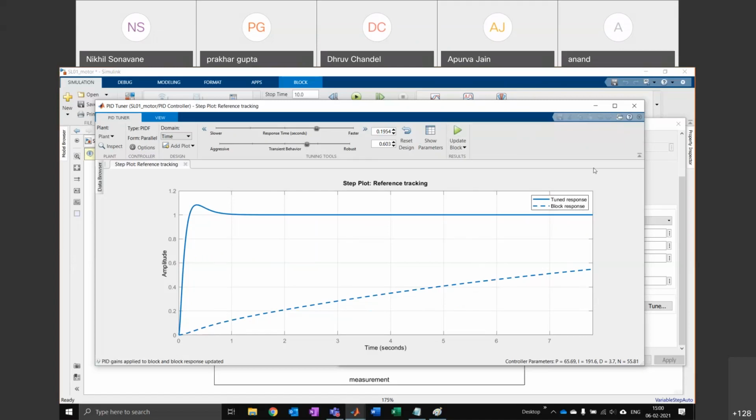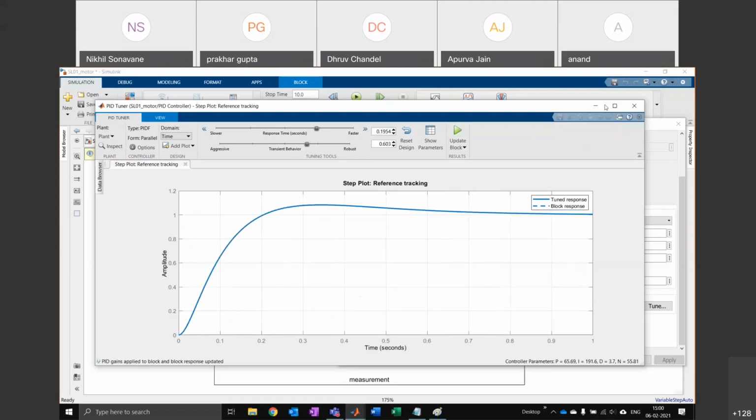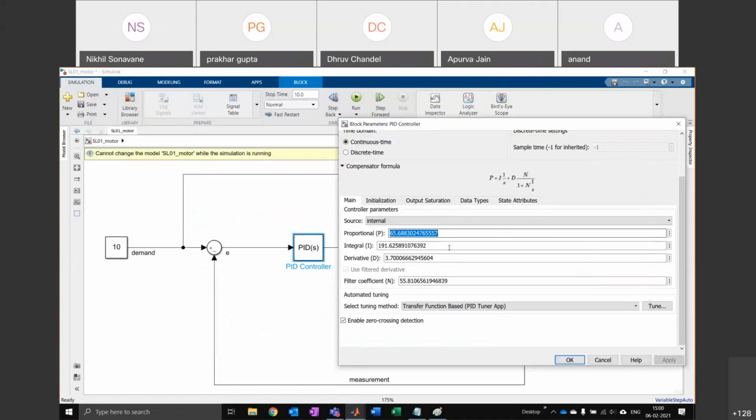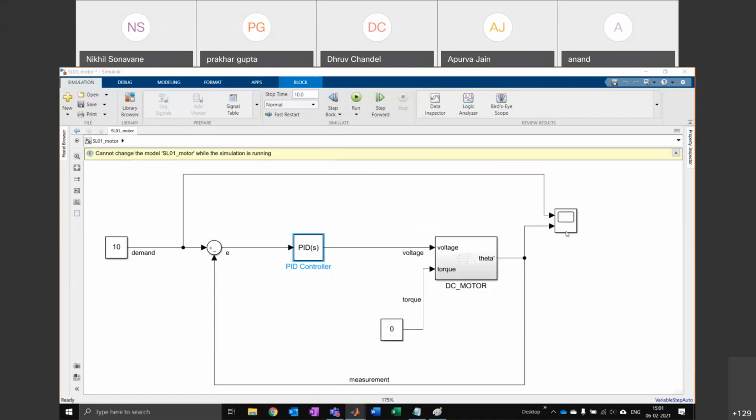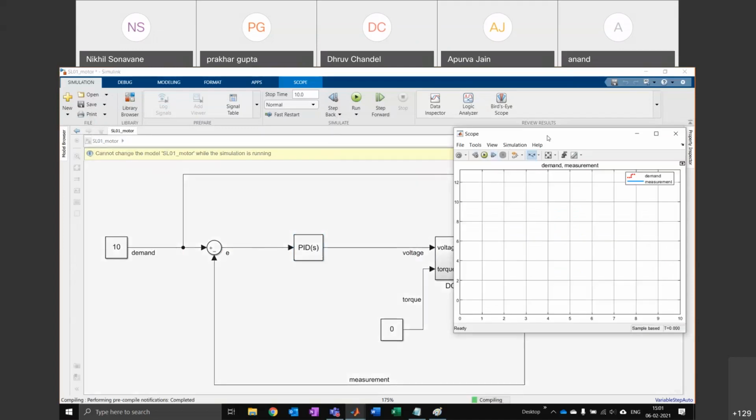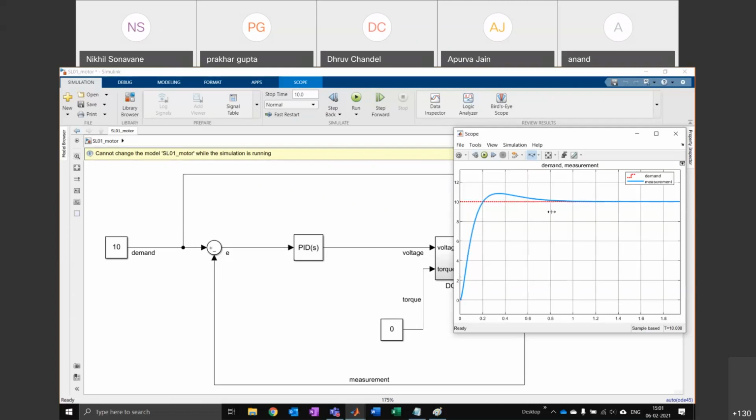It will update all the numbers. And then you can close this, and you can see new values will be in there. So you get some new values. And then you can hit OK. And when you run it again, you should see a very nice performance from the controller. Okay, so this is beautiful. If you got a result like this in real life, you'd be very happy, because in less than 1 second, your controller goes to the right value and there are no significant oscillations or anything. It's just smooth.